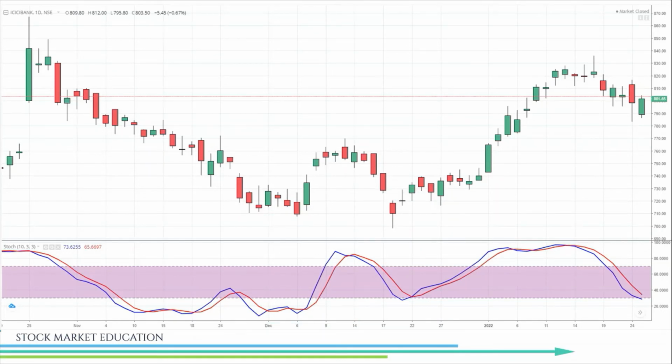and this is considered to be a very good buying opportunity with a very small stop loss. So whenever you get a buy signal over here, whenever such bullish divergence happens, we can go long with a very small stop loss, the low of this candle as a stop loss,